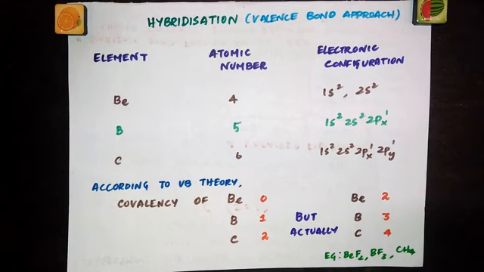So far we have seen three theories to explain bond formation: the Kossel-Lewis approach, VSEPR theory and VB theory. We have seen that VSEPR theory was able to explain the shapes of simple molecules, but it was unable to predict the exact shape in a number of cases. So, with the advent of VB theory, the shapes of molecules could be explained more precisely. I have explained VB theory, that is valence bond theory, in the previous videos.